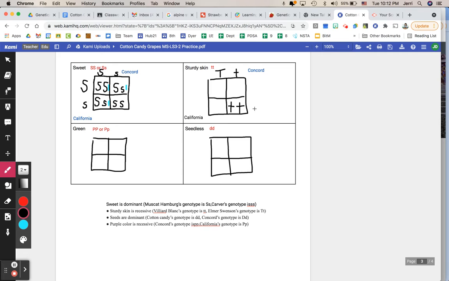So I've set this one up just a little bit differently. We know that we need homozygous recessive so that our cotton candy grape shows up with sturdy skin. We know that Concord grape does not have that sturdy skin, so we can look at this and figure out, oh, Concord grape is going to have to be heterozygous because we're going to have to be able to get this allele from somewhere, and there we go. So it's going to be right up there because this allele, if it comes from over here, we know that that one is also going to be